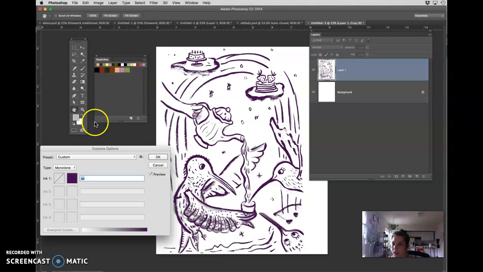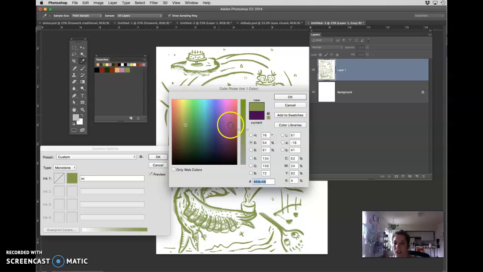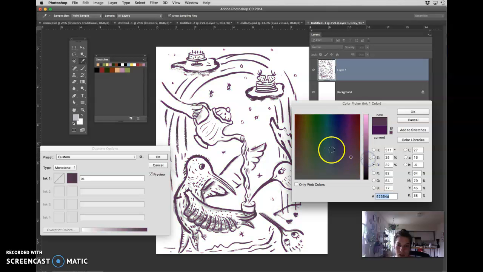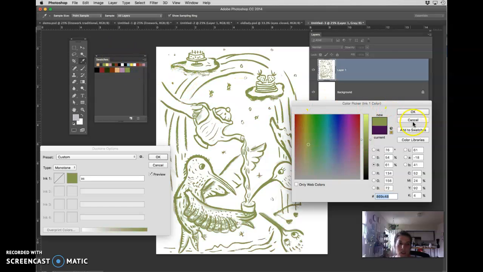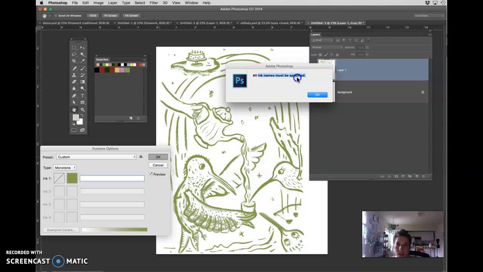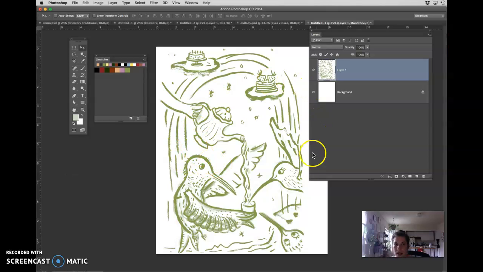So you can't just click on here and it's going to change. You have to double click in this box. Then I can access my swatches. I could also pick from the color picker if I really want to. And what's cool is that you can see it working in action, and you automatically get a preview. Say I want the olive, so I'll say okay. If there's no text in there, it's going to say you have to name the color. Okay, so I have to call this whatever. And now I have